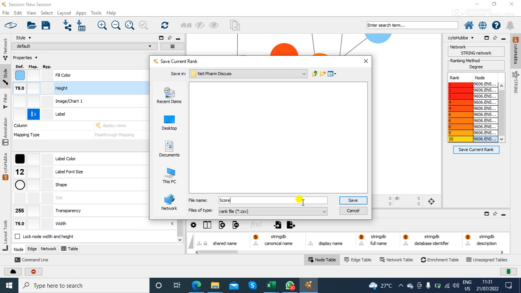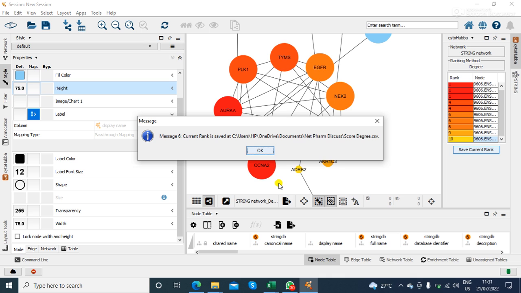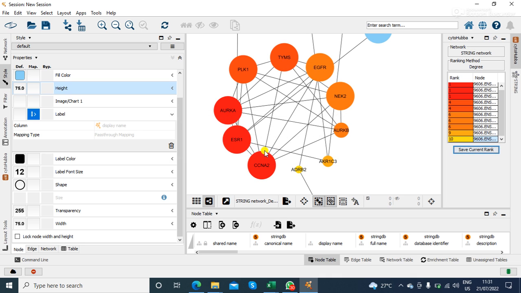I say score degree. It will save as CSV. So you save it, and if you want to export,